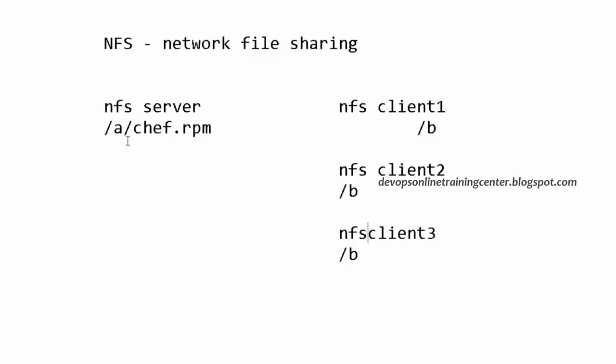So basically we are sharing a directory called /a with different machines. So what is the use? Let us say you have 100 machines in your data center and you don't want to copy the file to all the machines. So it is enough if you copy this file to one server, and that is equal to copying it to all the machines, because this directory is shared across all the NFS clients, and whatever we copy to here will also be available on /b from NFS client 1, 2 and 3, right?